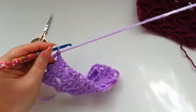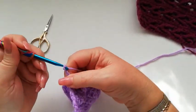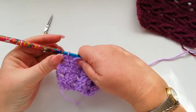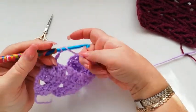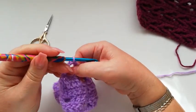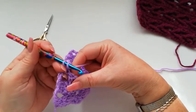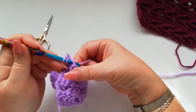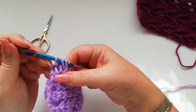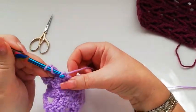So we flip over. We're going to start again with the 3 chain, and that counts as the first double. We're going to skip the 3 doubles here and work a treble into the space. This time we're working in front of the treble, so we just push that back, and we're going to work a double into each of these doubles. There's 1, 2 and 3,